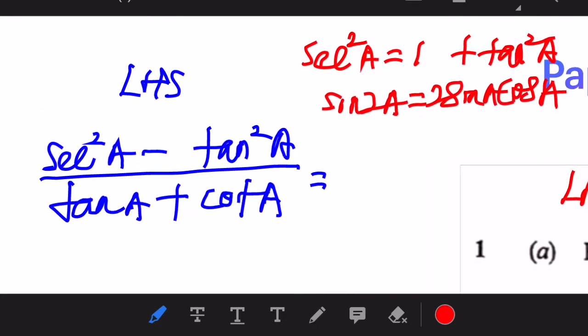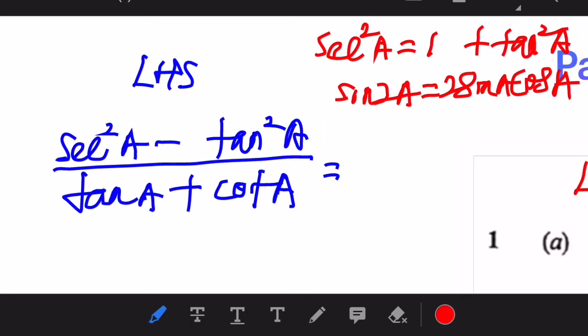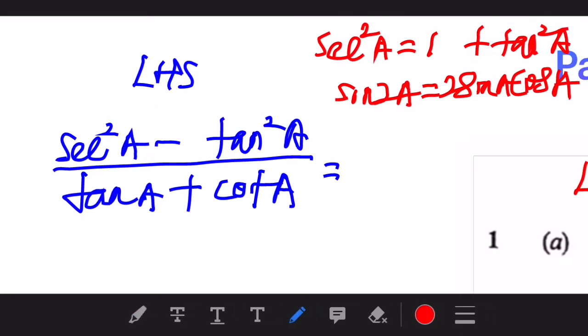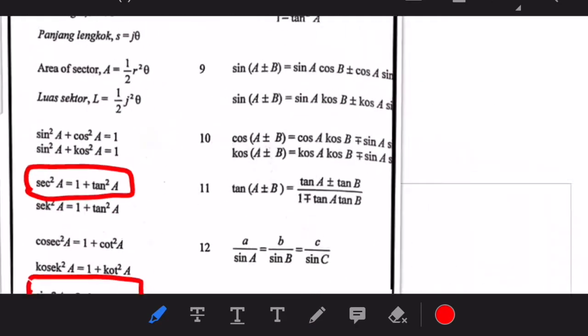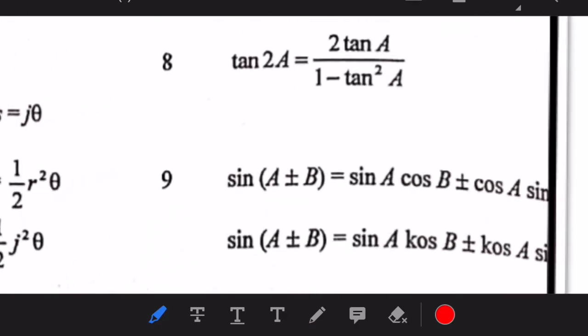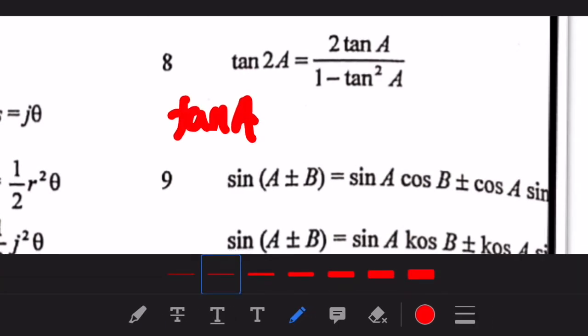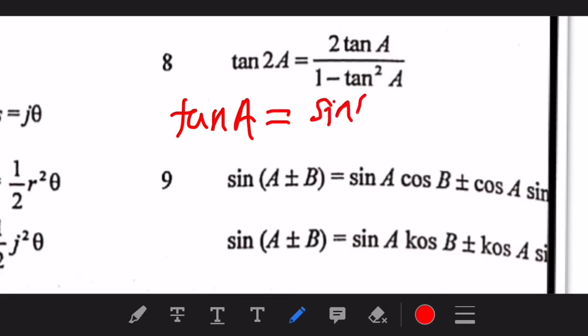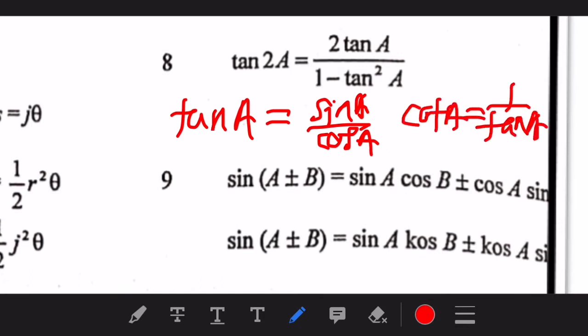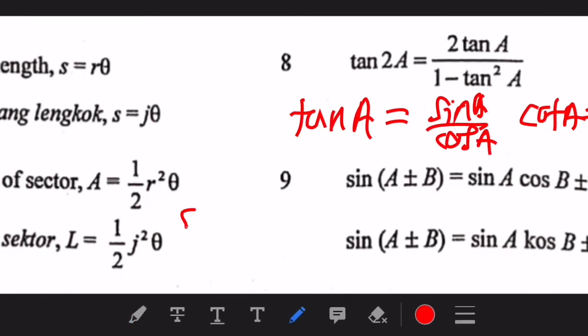Now I'm going to use these two formulas, and actually there are a few formulas that you must know. They are not given in the list, so maybe you can write them down. What is the formula for tangent A? It is actually sine A over cos A. If they ask you cotangent A, it should be 1 over tangent A, so it's actually cos A over sine A. You must know. And then sec A is 1 over cos A,